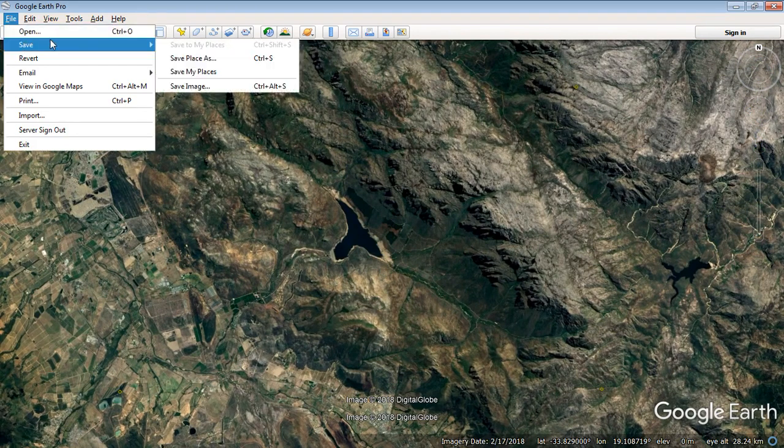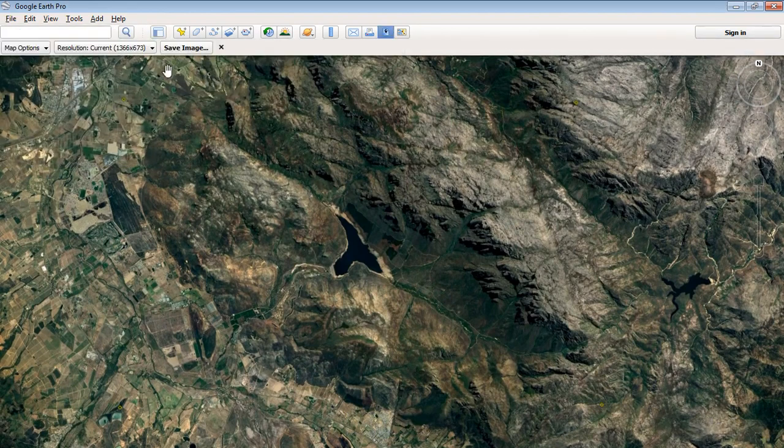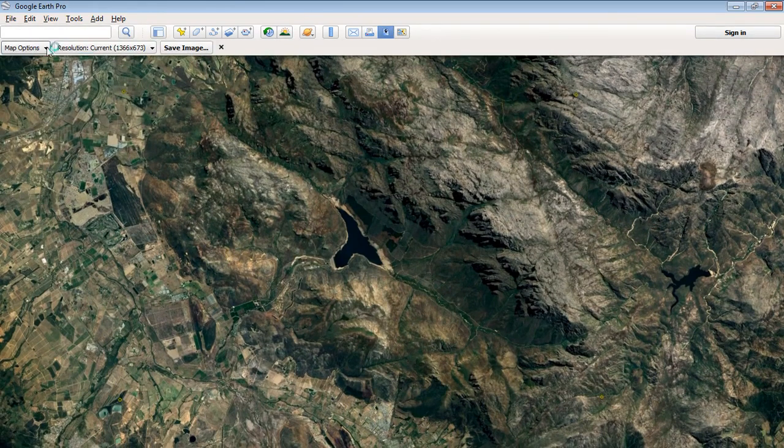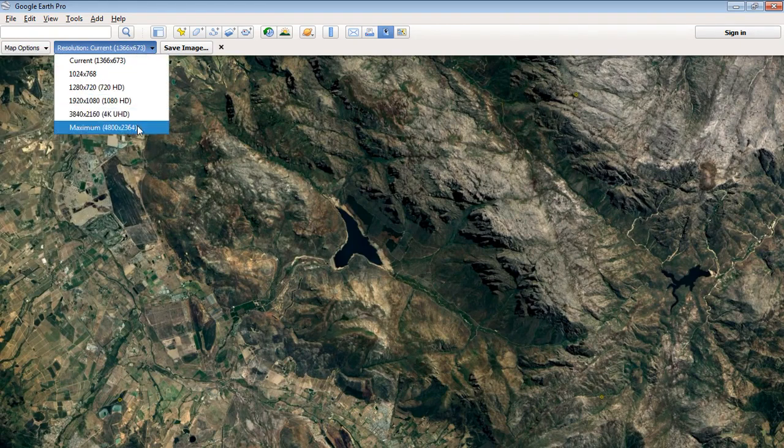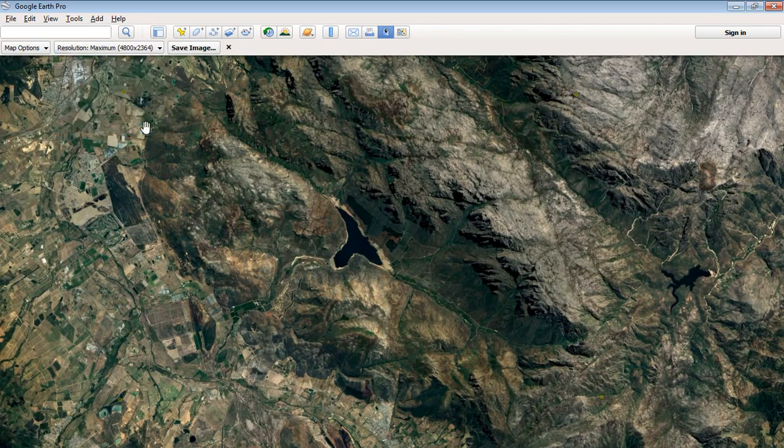Now we say file, save image, and this is where you get to choose the map options. We don't need any of our map options for this particular example, so I'm just going to turn them off. Okay, so you see they're all gone off, and then the resolution I'm going to set to maximum. Now if you weren't in Google Earth Pro, you may be limited to the resolution that you can choose, but for this example and this version of Google Earth Pro, we can choose a maximum image of 4,800 pixels by 2364. Okay, so that's fairly good resolution, and then we just click on save image,